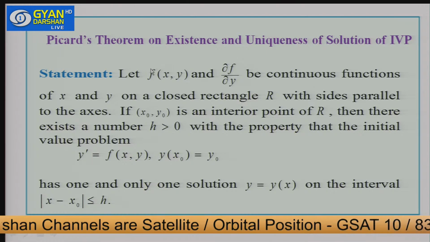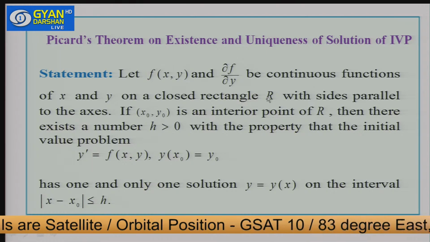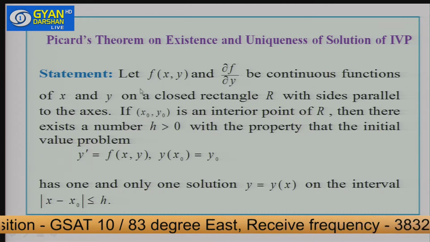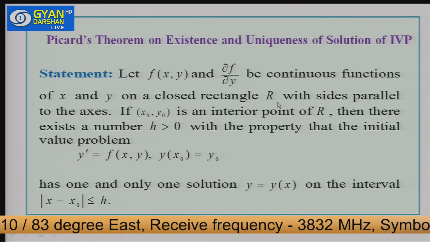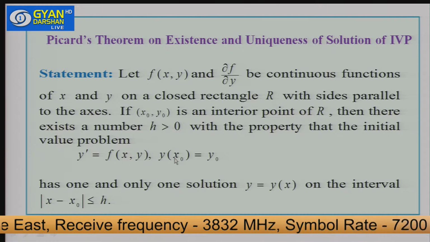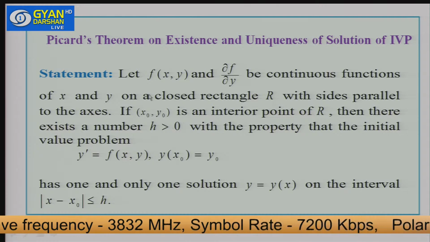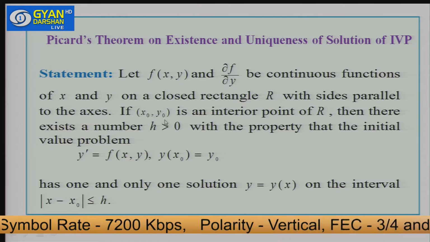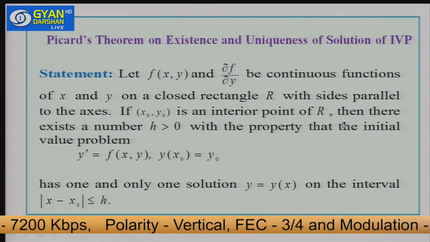Because the function f is defined on R. If you want to calculate the value of the function at this point, this point has to be interior, obviously. So you cannot take the initial condition at any point; the point should be within the region. Okay. So if (x0, y0) is an interior point of R, then